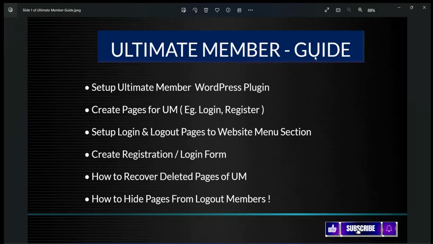In today's video we will see how to set up an Ultimate Member WordPress plugin on your website. There are 6 steps we are going to cover: how to set up the Ultimate Member WordPress plugin on your website, how to create a login and register page for Ultimate Member, and the third step is setting up login and logout pages in the website menu section, how to create a registration and login form using Ultimate Member, how to recover deleted pages of Ultimate Member, how to hide